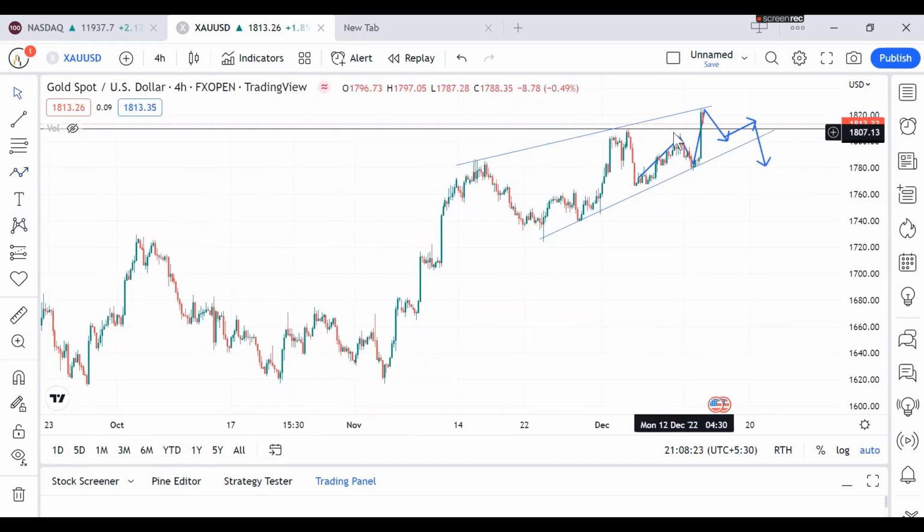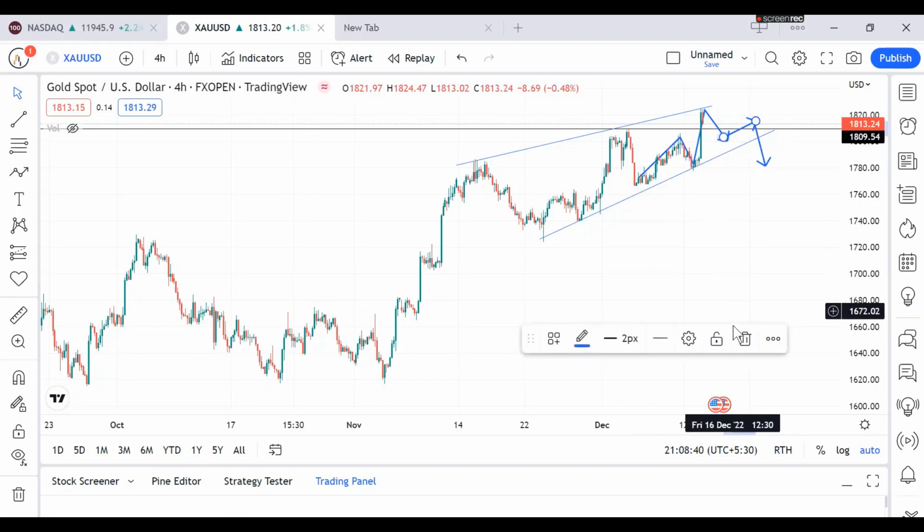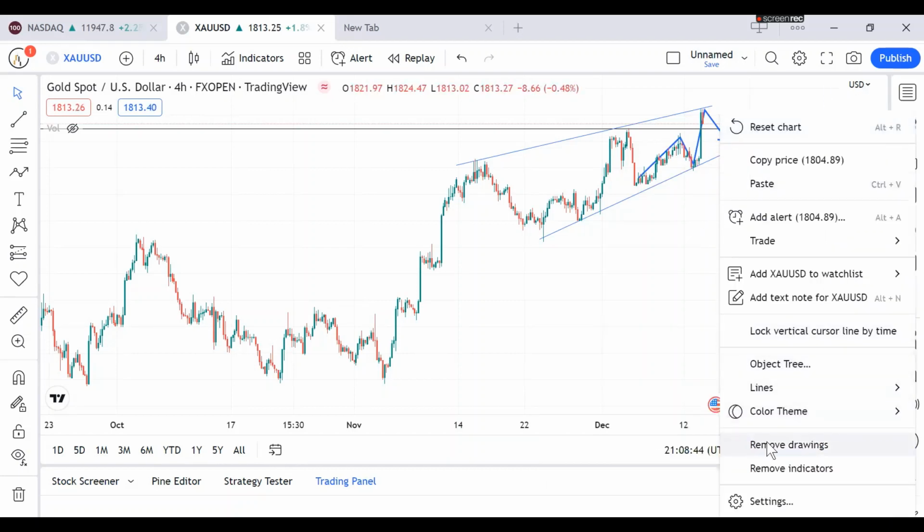This would be a head and shoulders pattern, but we can only expect that when the market is taking a downward direction. For now, we can't conclude that the market is going to go down. We can't conclude that the market is going to go up. So rather,